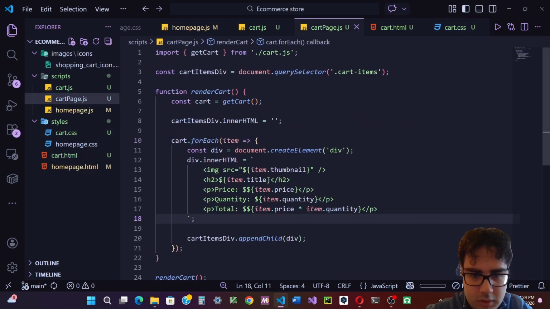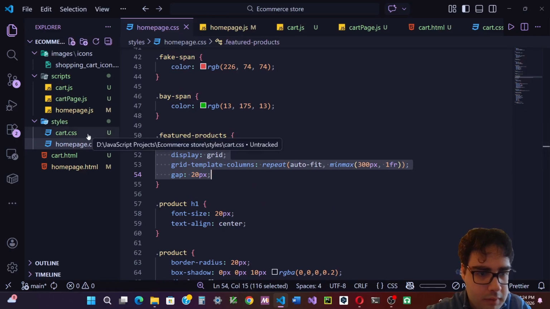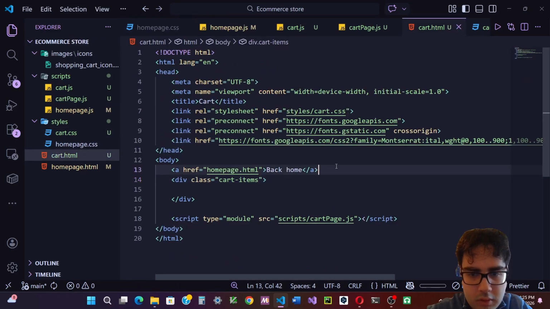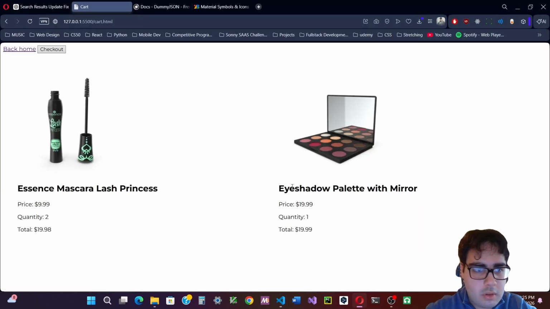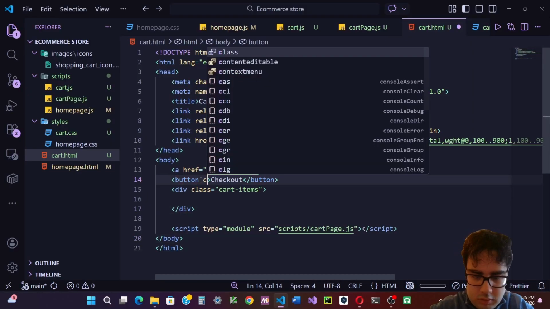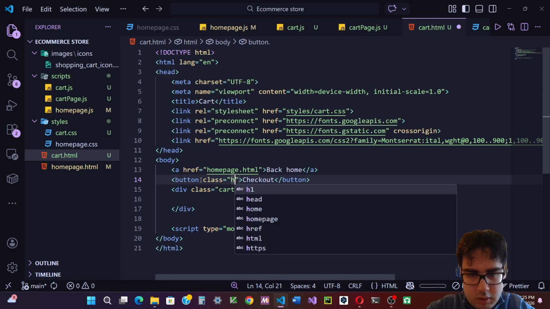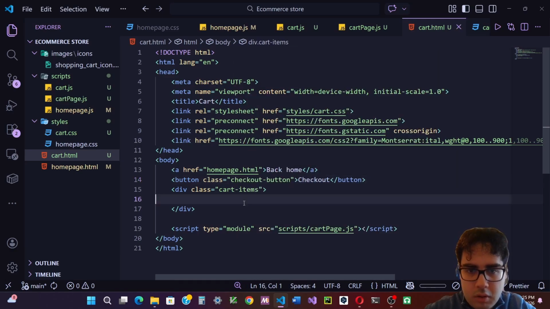And then on cart page.js, we're going to have a button, which is going to be checkout, which of course, checkout button, which on click